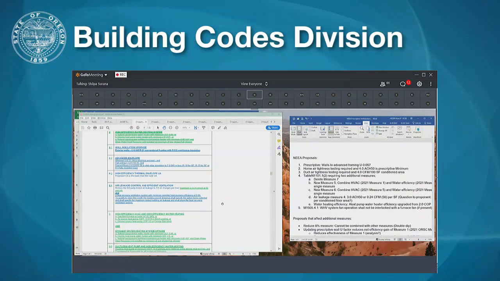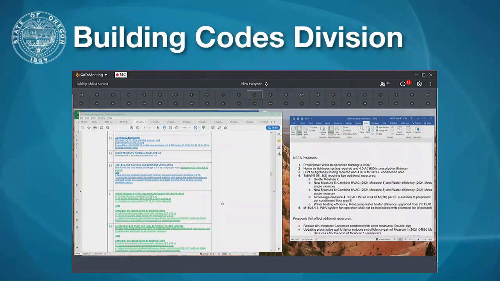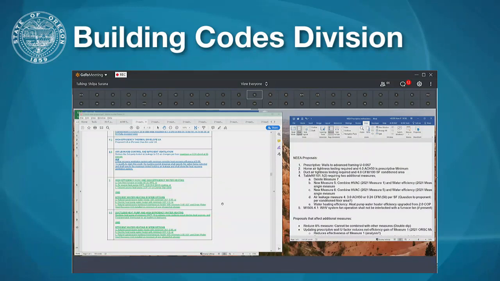We clubbed these 2 options in the additional efficiency option table, as you see here on the screen. We couple the space heating with the water heating measure option for both gas systems and for both electric systems. So you're required to choose 2 options from this table to meet the equivalent performance to DOE Zero Energy spec.